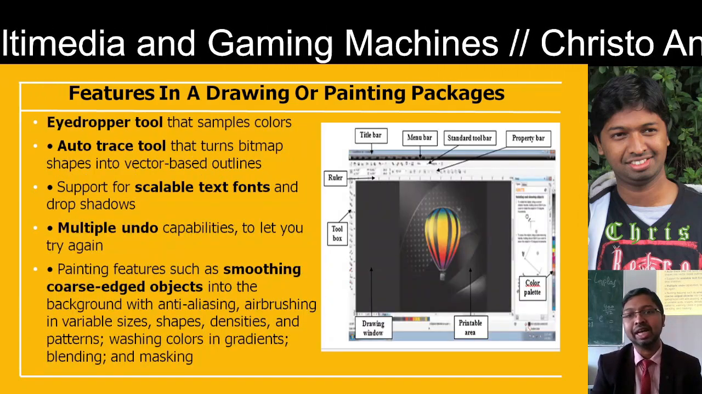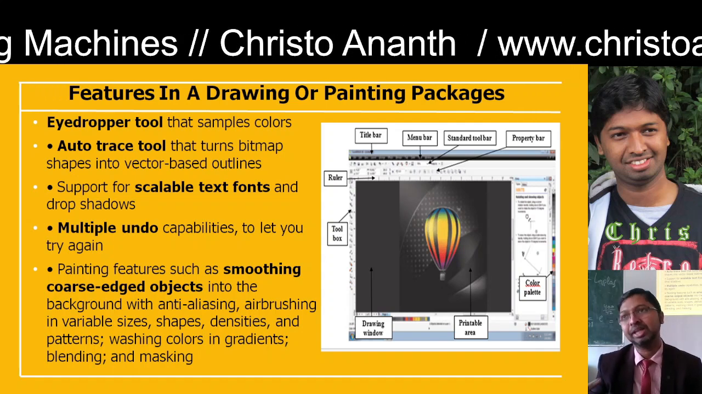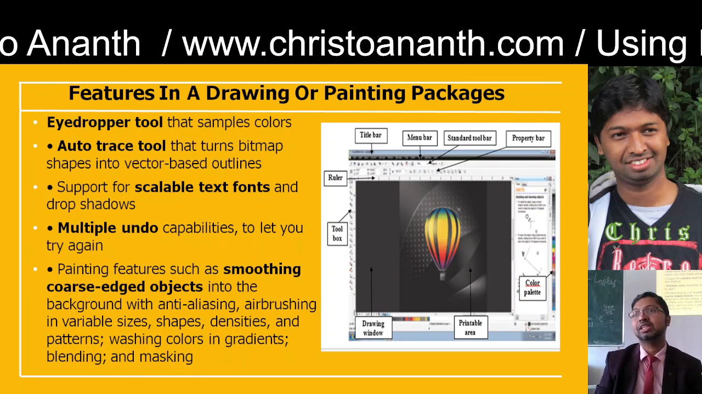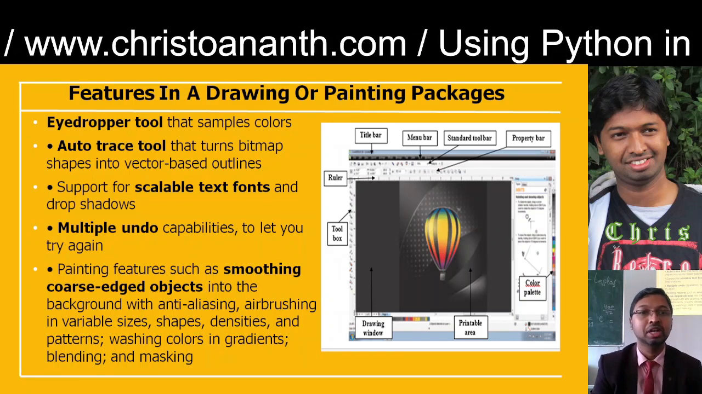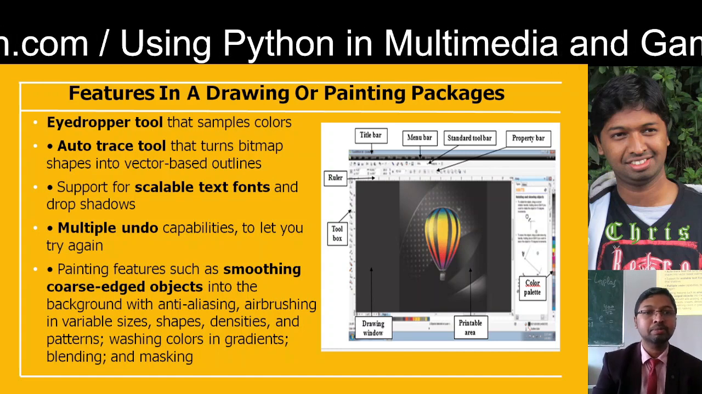Here you will have an eyedropper tool as well, so that you can sample the colors. Like the colors, you can have different shades. For example, yellow is there, so different shades of yellow are there, different shades of blue are there. Okay, and you'll have an auto trace tool as well, that turns the bitmap shapes into